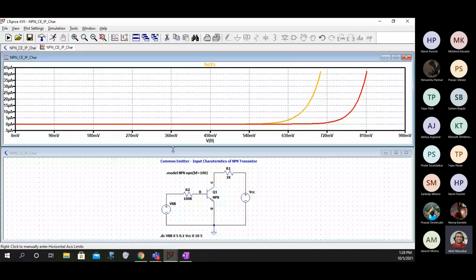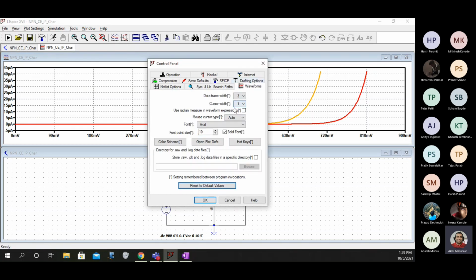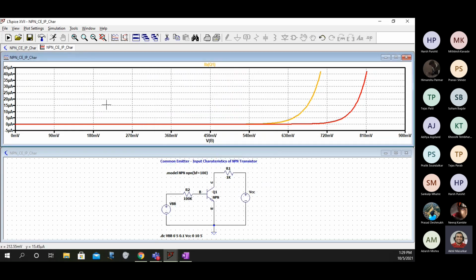Sir, where can we get the icon of control panel? Tools and control panel. Here, waveform, and then change this. Okay, sir. Yes, sir.